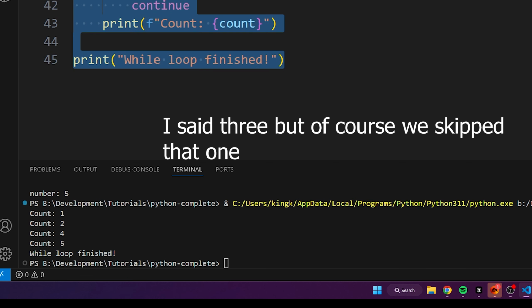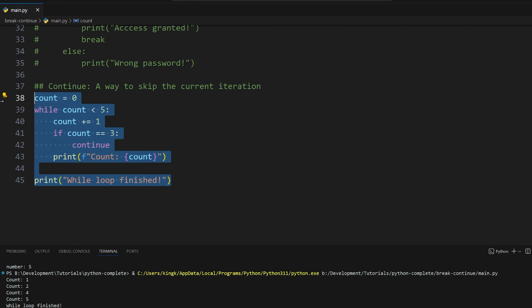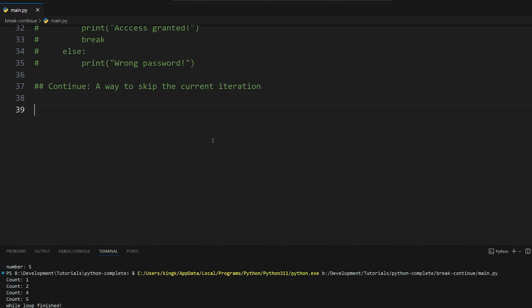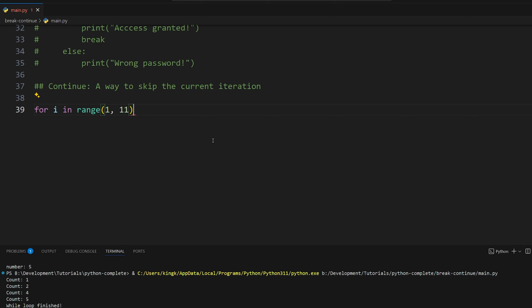So we're skipping 3 because we're continuing, so it never gets to this piece of code here. So let's see some more practical examples, but instead with continue. One of them is if you want to skip even numbers. So for example, we do for i in range 1 through 11, so 1 through 10 effectively. And then for each of those numbers, we're going to print